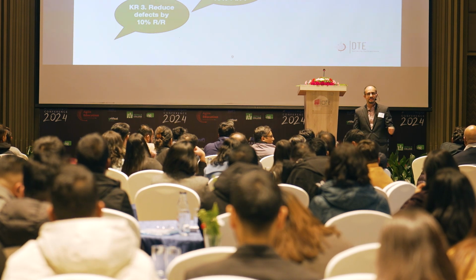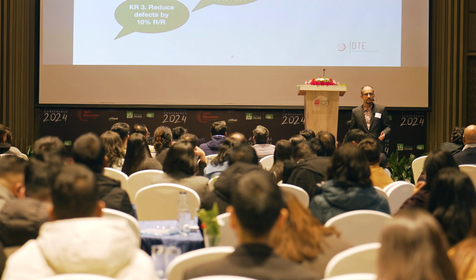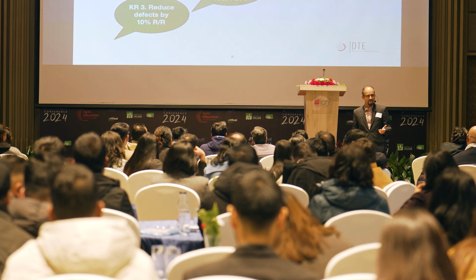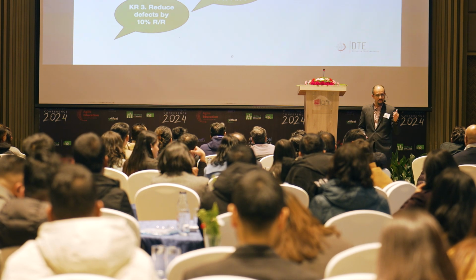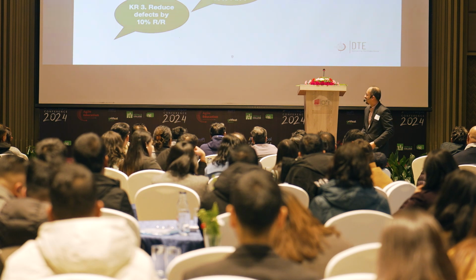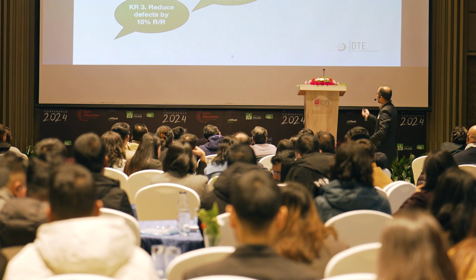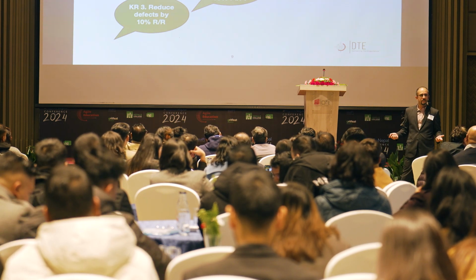Small changes at a time. Baby steps. Someone mentioned how to eat an elephant. One piece at a time. Chocolate fudge vegan elephant. Okay, one piece at a time. You enjoy it with chai or whatever your favorite drink is. So these were the key results that we came up with the team.